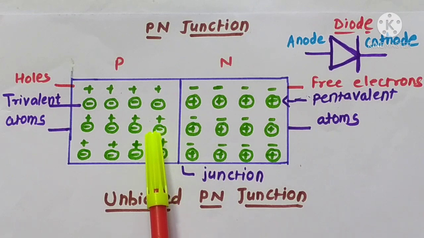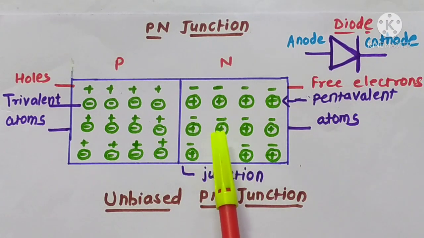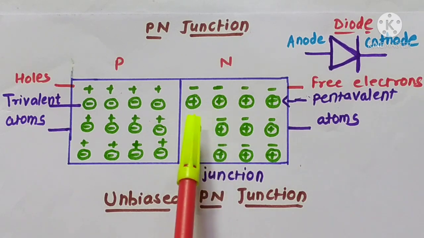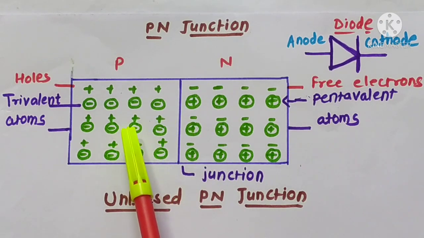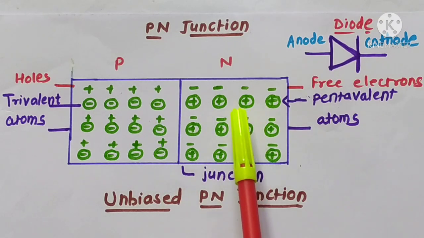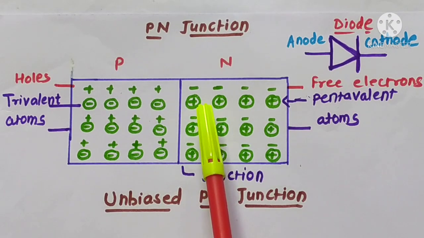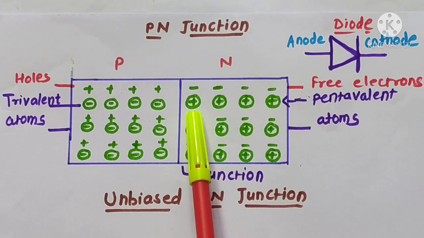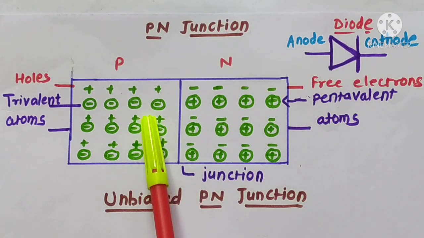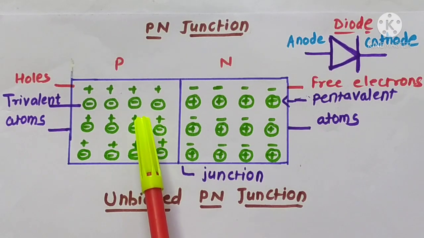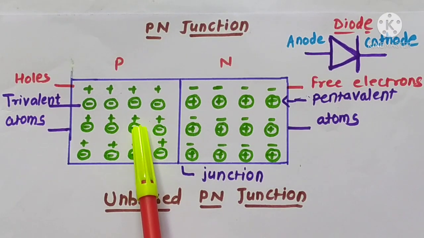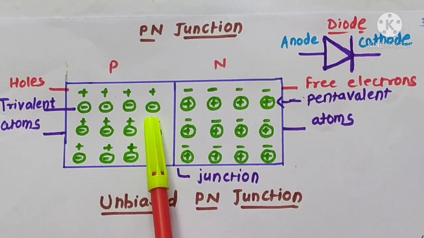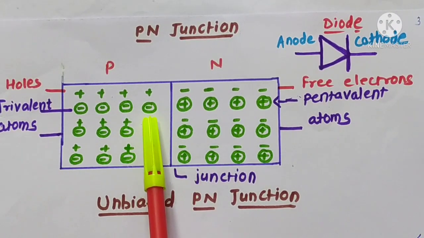First, when an electron leaves the n-type region, meaning it crosses the junction and passes to the p-type, it leaves behind a pentavalent atom which is short of one electron. Due to that it becomes a positive ion. When electrons enter the p-type region, they recombine with holes of the trivalent atom. Okay students, after capturing electrons, this trivalent atom becomes a negative ion. Here you can see the negative ion.